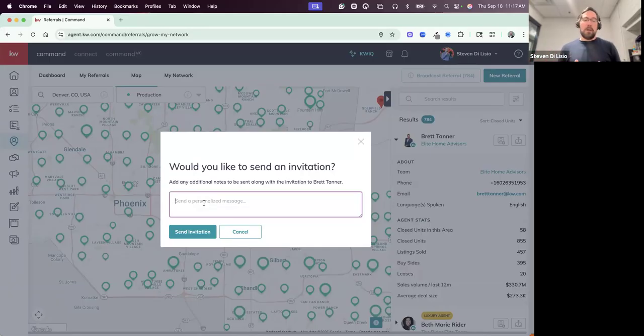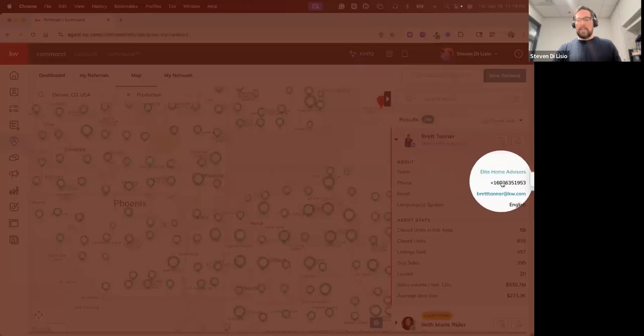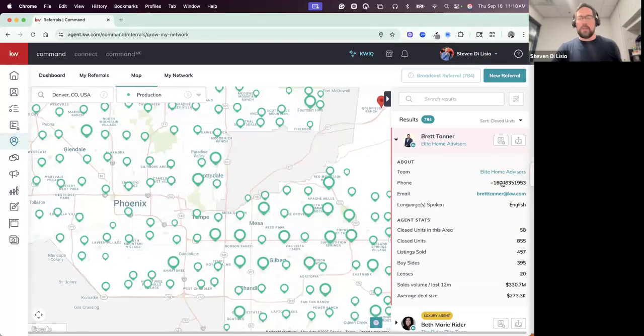But I will be honest with y'all, a lot of agents don't use this tool very often and they'll miss those referrals. So I always, always, always recommend that you just grab their phone number from right over here in their information and give them a call. Have a couple of questions to ask them to see if they are open to a relationship. The first question I always ask a referral partner in these cases is, are you looking for a connection in Denver? Because if their brother is a real estate agent in Denver, they're probably not going to send me any referrals,